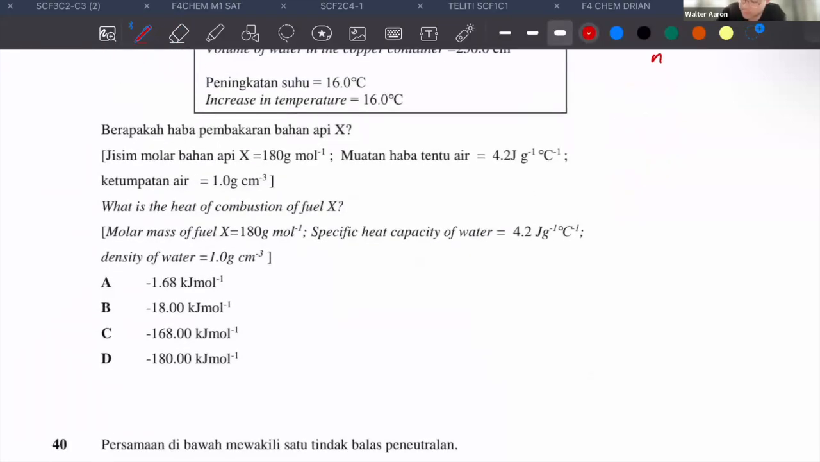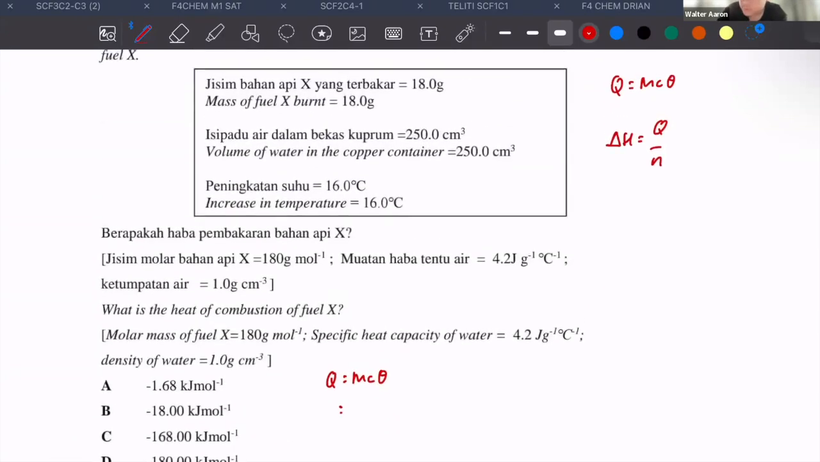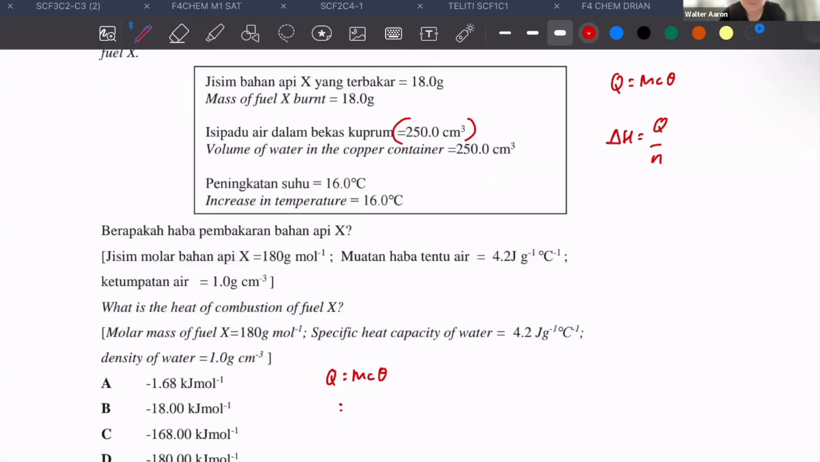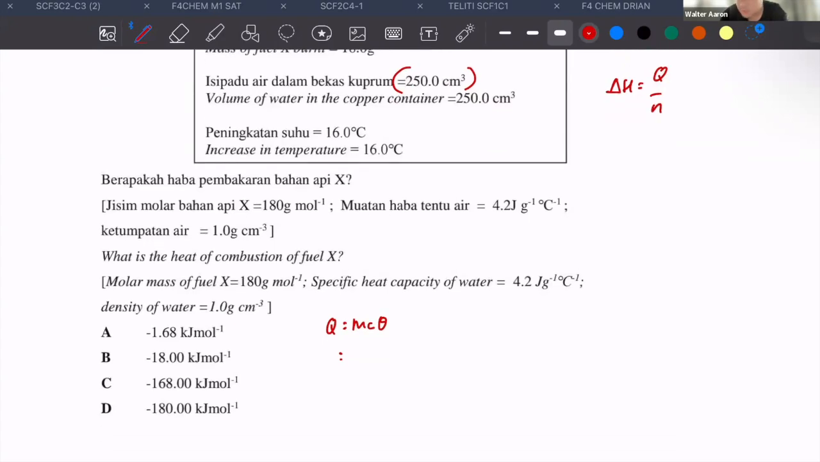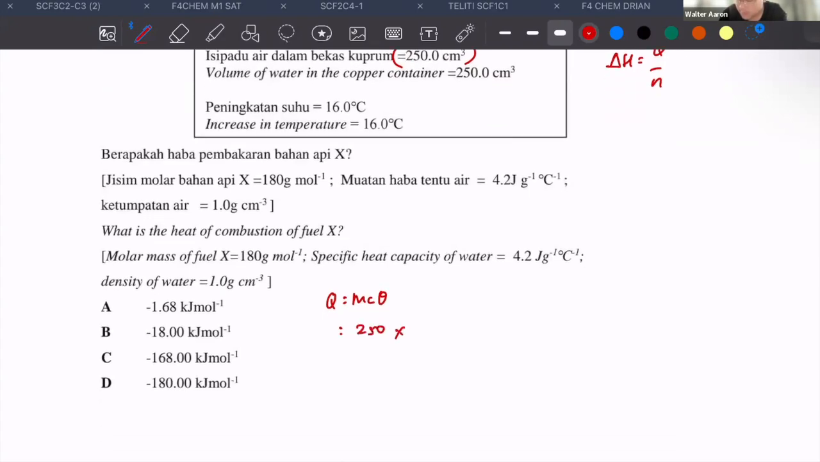Okay, so let's do the first one. Q equals mc theta. Mass refers to the mass of water. If the density is 1 gram per cm cube, it means every 1 cm cube is 1 gram. So the mass here will be 250 multiplied by 4.2, which is the constant given to you. And theta will be the change in temperature, which is 16. So that'll be a total of 16,800 joules,